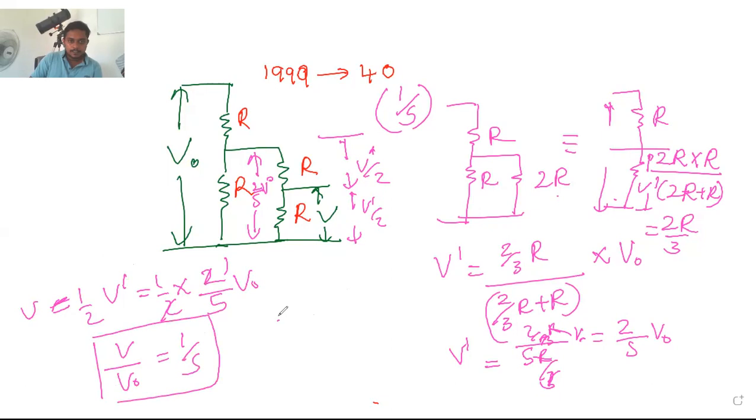1/5 is the second answer, B. Answer B. Again, I am telling a different method. We can analyze this method. Okay, so if we are getting 2 V0/5,